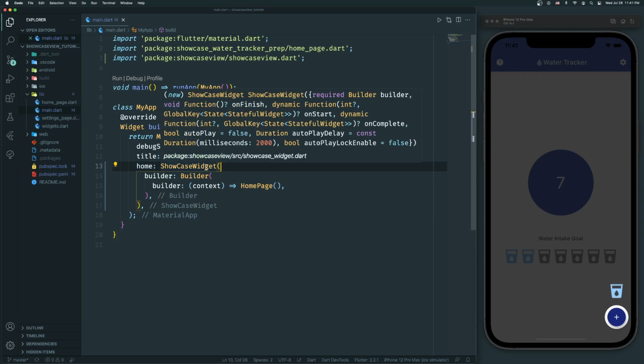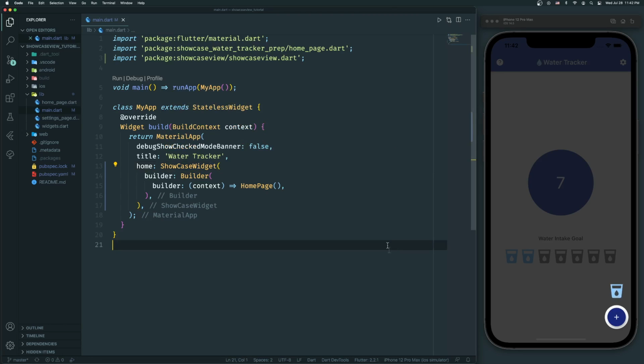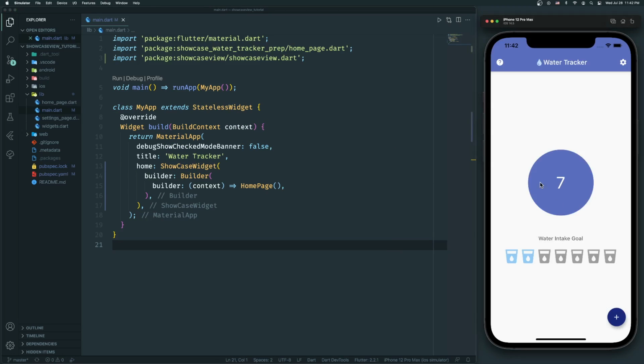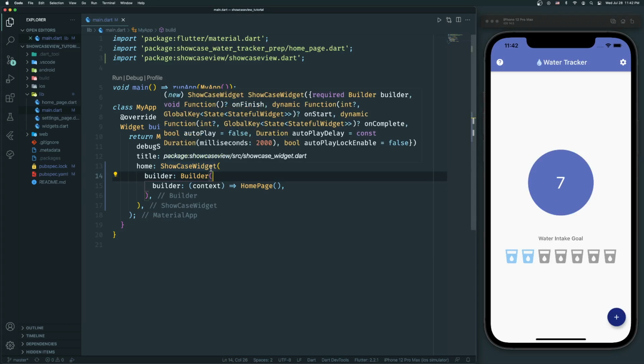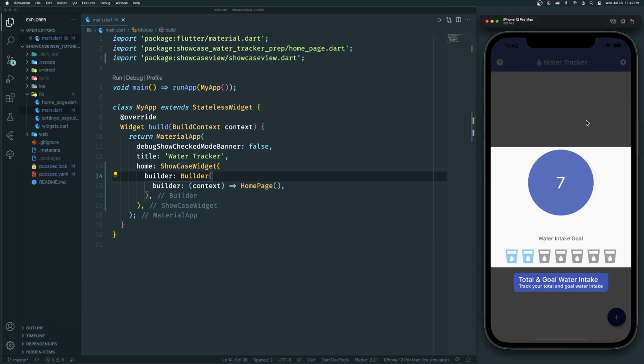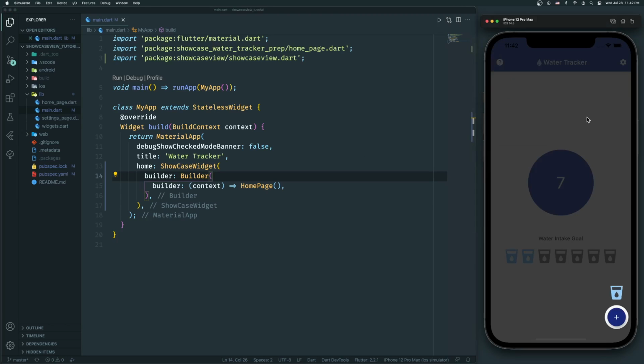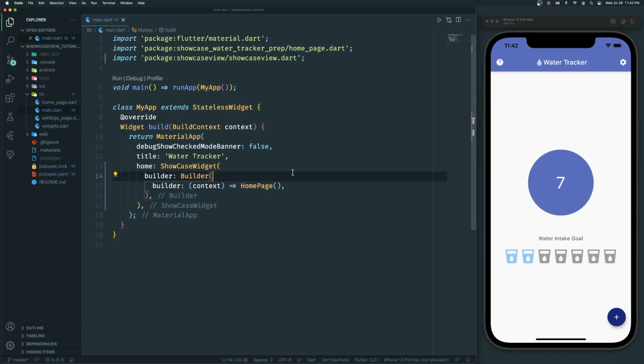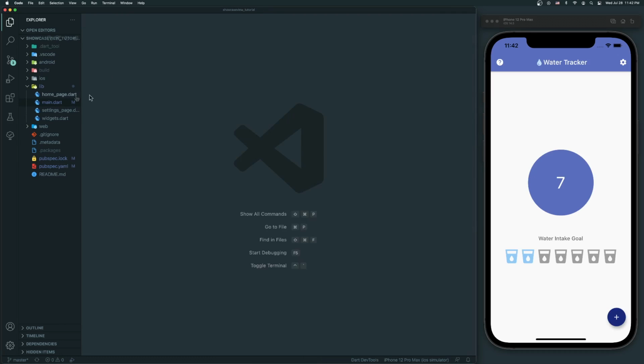So every time that completion occurs, that's when that function will run. Now we also have an autoplay parameter right here, which by default is set to false. But if we set it to true, we don't actually have to tap through all of these widgets in the showcase. They will instead be displayed automatically. If you are setting the autoplay to true, you can also mess around with this autoplay delay right here, which by default is set to 2000 milliseconds. But you can change it to whatever you want, depending on how much time you want to pass between every widget transition. All right, we're pretty much all done here, so let's save it, close it up, and move on